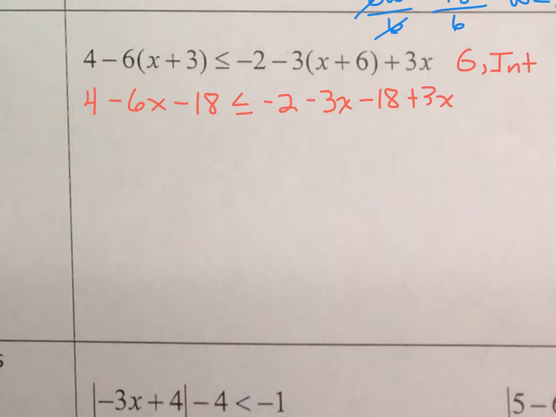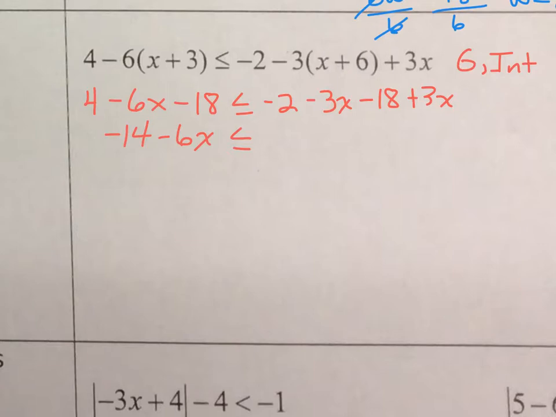If you look at the screen, what are the like terms going to look like on the left? Negative 2 or negative 18, and that'd give you what? Negative 14. Okay. Negative 14 minus 6x is less than or equal to